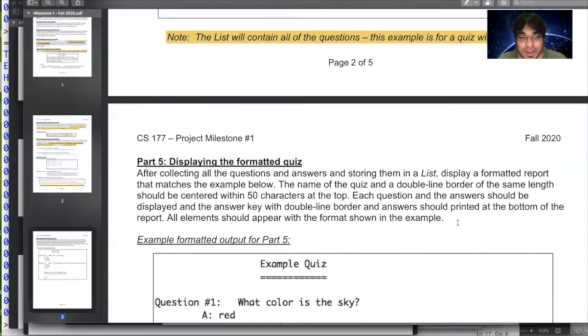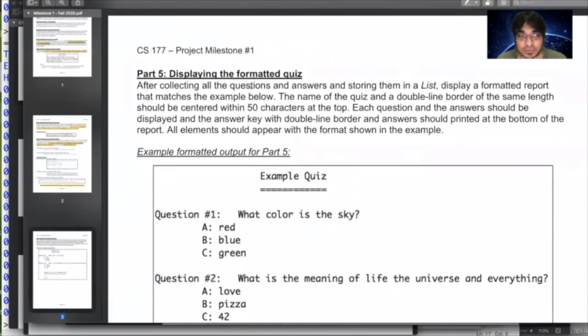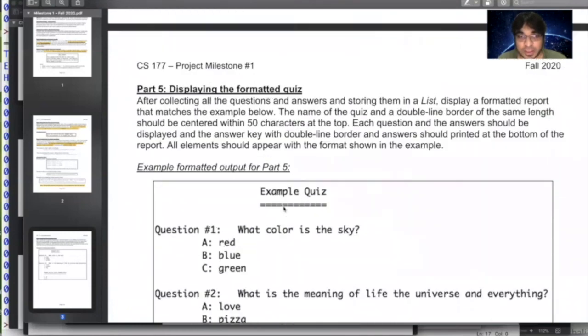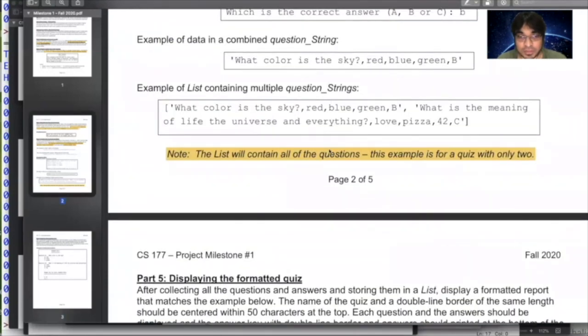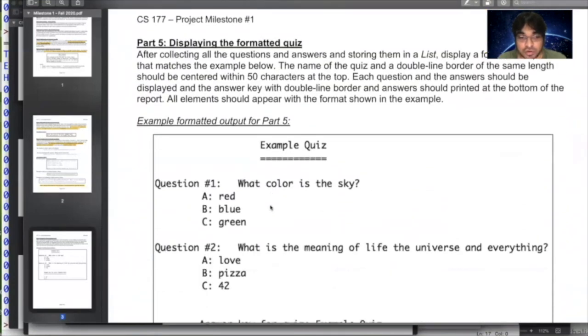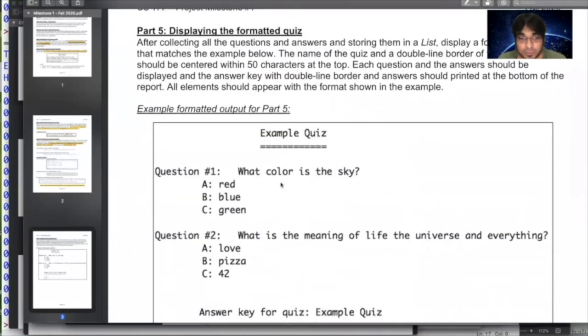Okay. And then, as the last bit, you want to display the formatted quiz. There is a sample output shown here that, once you have taken inputs and stored them the way it has been described here, should show up just like this. At the top, it should say the title of the quiz.